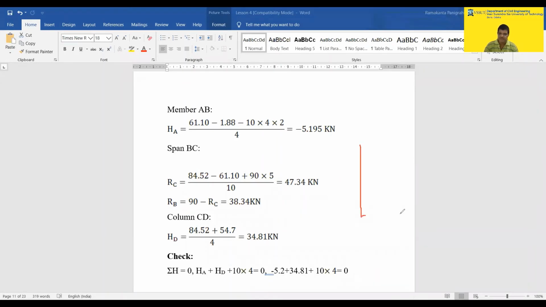Okay, if you take HD like this way, and both are anti-clockwise, so HD will give a clockwise. So HD into 4 is equal to this plus this. If you take moment at this point, HD into 4 is the clockwise, minus this moment, minus this moment is equal to 0, or HD is equal to this plus this by 4. So this is also in this direction, and this is also in this direction.